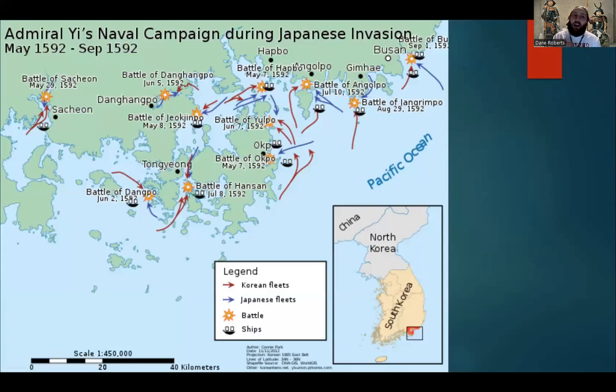An important and interesting factor of the Imjin War, of these Japanese invasions of Korea, was the fact that while the infantry of the Joseon nation, of the Korean nation, were not doing well in battle, the Korean Navy was doing the opposite. The Korean Navy was just defeating the Japanese Navy left and right, decimating and obliterating entire battalions and flotillas, just sort of causing a lot of problems and crippling Toyotomi's invasion plans.